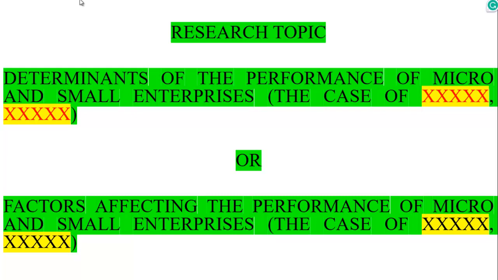Factors affecting the performance of micro and small enterprises, the case of the same thing. Given this research topic, the question that follows is how you can frame, how you can generate objectives for this research topic. And the research objective comes after